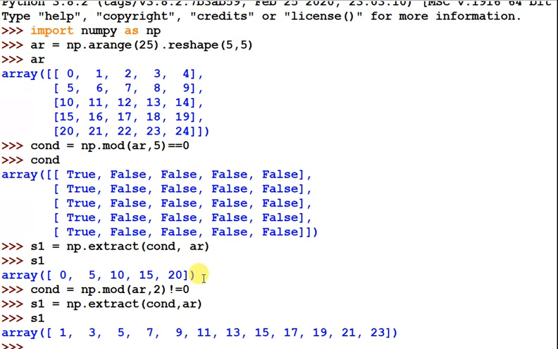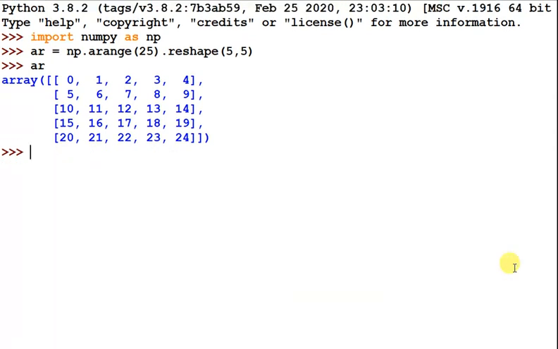And one more is the compress function. Suppose I want to extract the rows or columns through the compress function, so we have to form a condition. Suppose I am forming it manually. I want to extract this column and this column only. There are 4 elements in this column, so I want to extract only this and this. The first I don't need, so I just store false. The second I need, so I store true. The third I don't need, so I store false here.